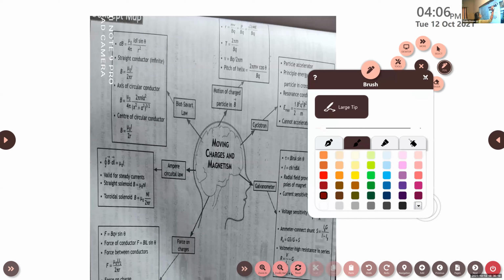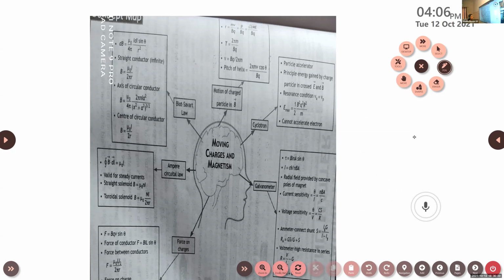So it was the basis of the magnetic effect of electric current, that is, a moving charge behaves like a magnet, or a current carrying conductor behaves like a magnet. And here we start this chapter by considering the magnetic field, the Oersted experiment, and what the characteristics of the magnetic field are.